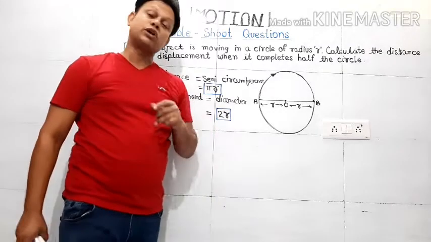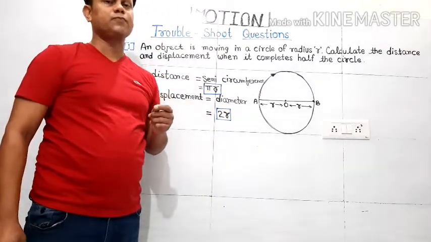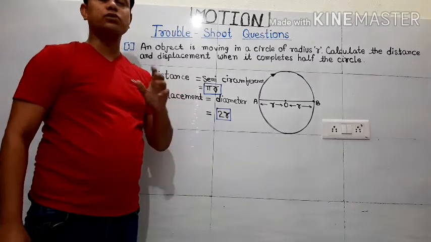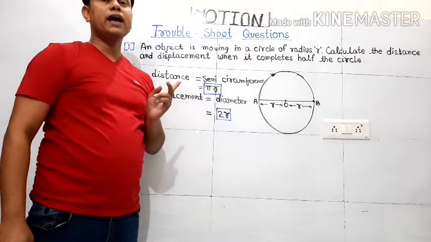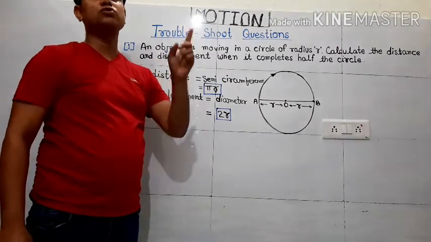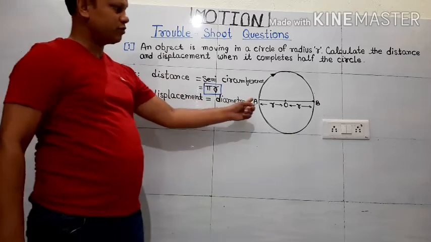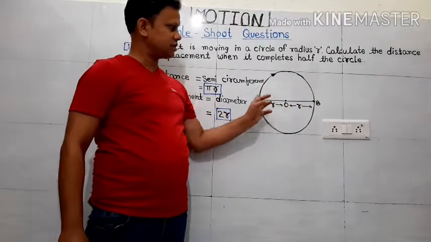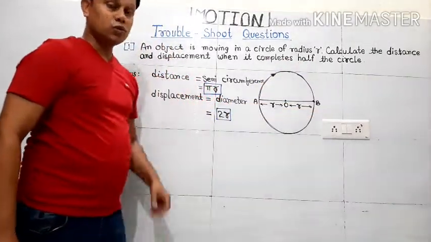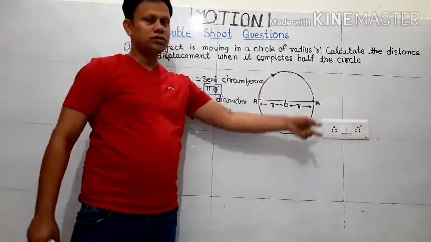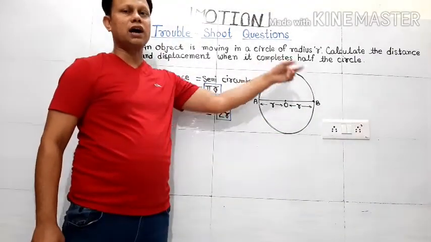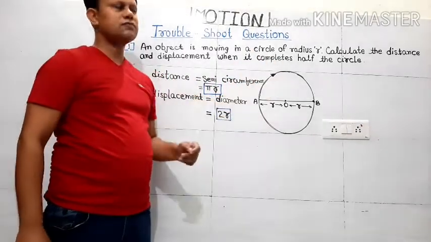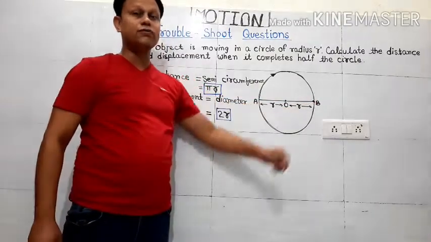So now, according to our knowledge, displacement is the shortest distance between the initial and final position of the object, and distance is the measurement of the actual path covered by the object. Now from here, if you see, the actual path is this, from A to B. Mathematically, if it took the whole, then it is the circumference. But if it is traveling only half, that means it is a semicircumference. Okay, that is a semicircle. So if we measure this length, we will get the value of distance.